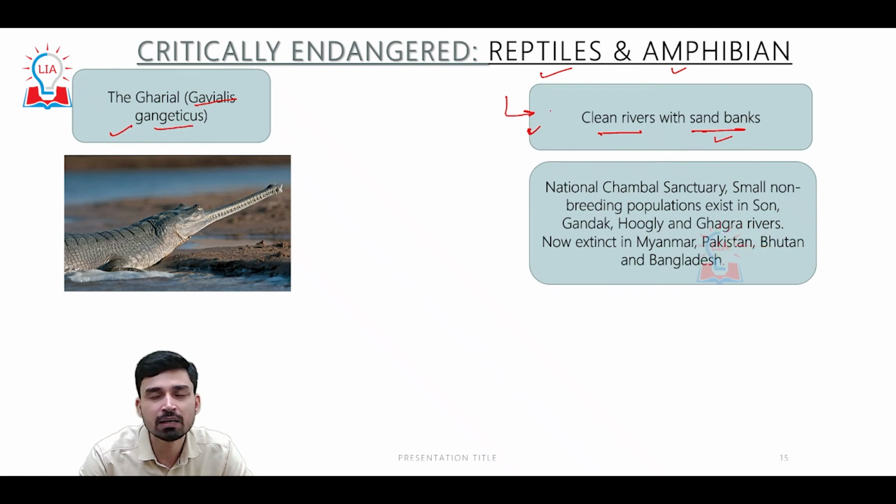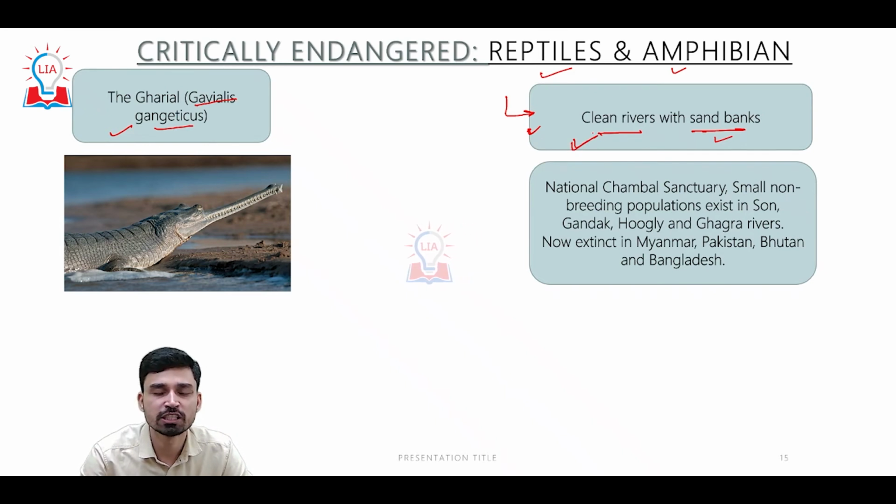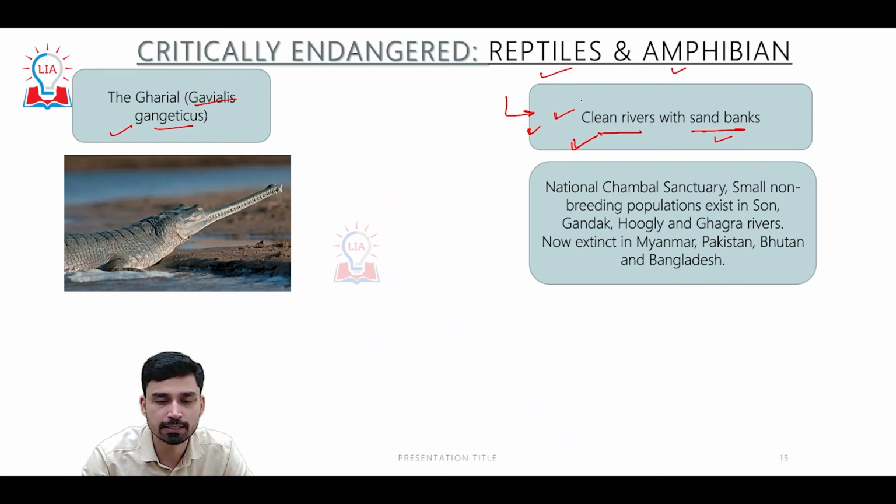Since the gharial population is continuously dwindling, it also gives us a fair idea about the health of the river system of India. A lot of rivers are continuously being polluted, either due to agricultural waste or industrial waste. The gharial population cannot survive in such dirty, polluted water, and that is what has caused a significant decline in the population of gharials.